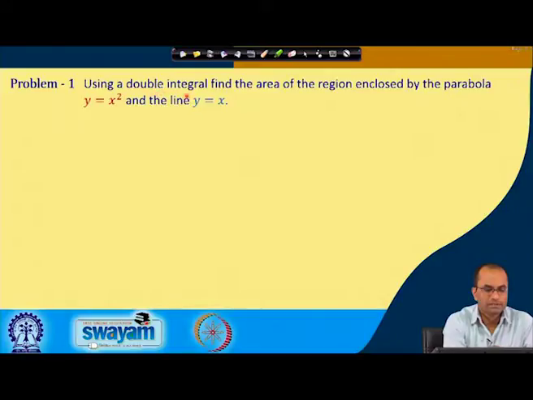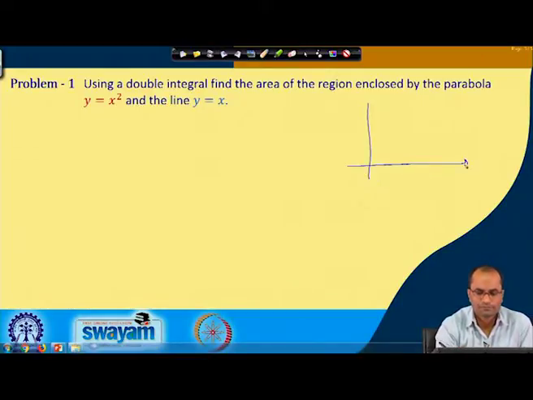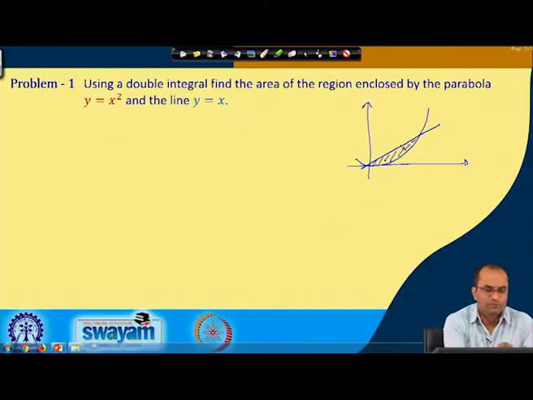Here, using a double integral, find the area of the region enclosed by the parabola y is equal to x square and y is equal to x. So, we have two curves here. One is the parabola y is equal to x square and the other one is the straight line y is equal to x. So, the area enclosed by these two curves we want to find using the double integral, and the idea